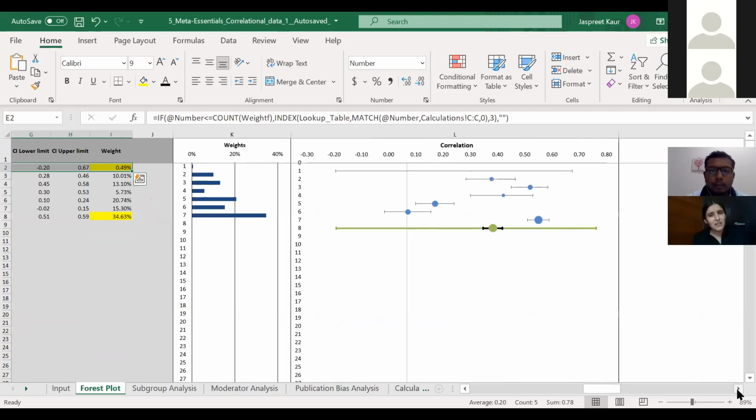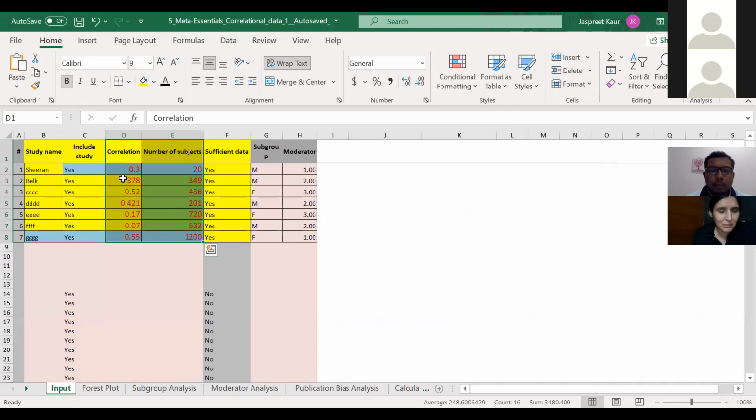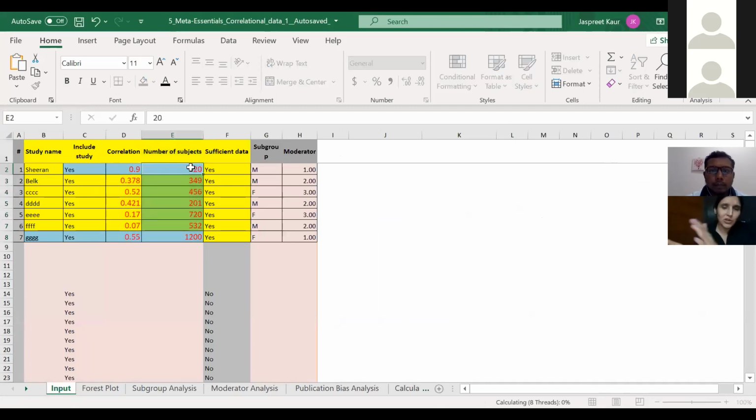So it's already made. We only need to add the values and then it will change and come up. Oh, yes, I see. Okay, let me tell you. You want me to experiment? You want me to show what will happen if my data set changes? Okay, yes, I'm changing values. Here you go.